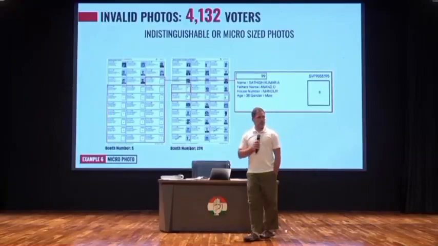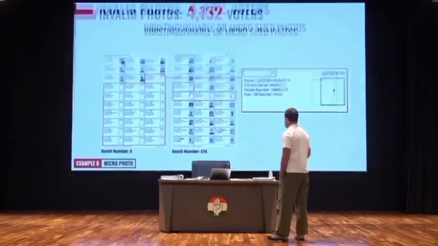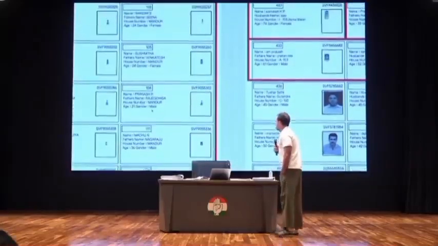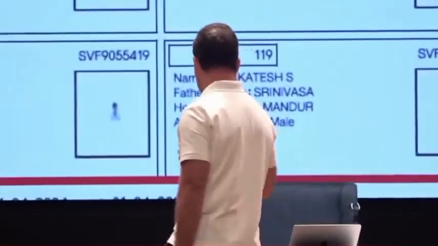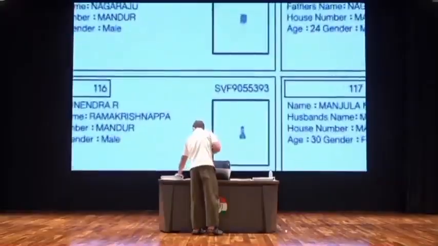Invalid photos. There are 4,000 voters. Show the photos. These are the photos. Either no photo or a photo that is so small that